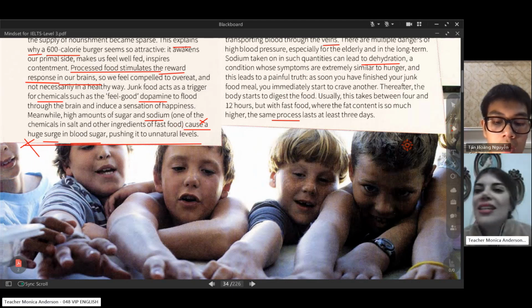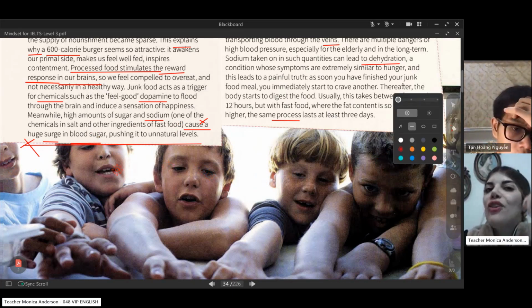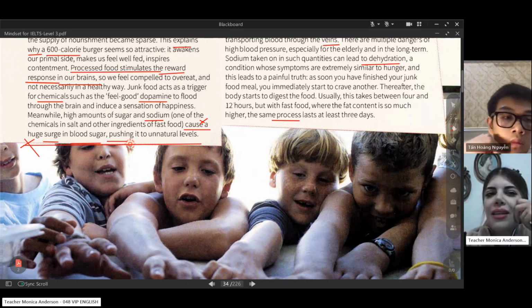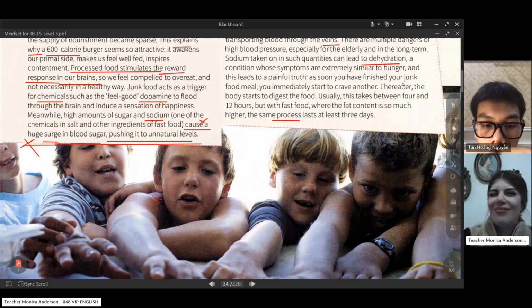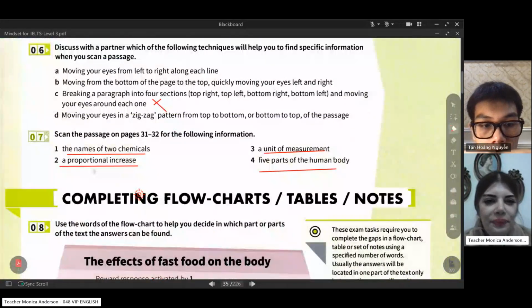Well, do you remember that I told you, if you don't know the meaning of a word, you only need to read before and after it. We normally have some definition or synonyms. Look. Pushing it to natural levels, increase suddenly, very quickly, push it. So it can be the definition of surge. Get it? Yes. Well, the next one,